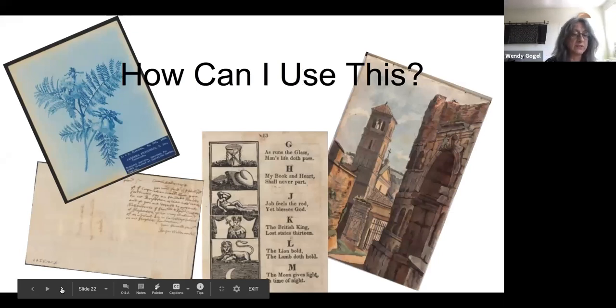The primary benefits to users when we do this work are that it promotes use and reuse of digital collections by consistently and clearly communicating rights information. Standardized rights statements provide answers to the questions, as Greg mentioned, can I use this and how can I use this? For items such as this early 19th century primer, this watercolor of Rome, this cyanotype of a botanical specimen, or this colonial period letter, a researcher would be able to determine if they need permission to publish or teach or copy and frame one of these items without having to study copyright law or ask us.